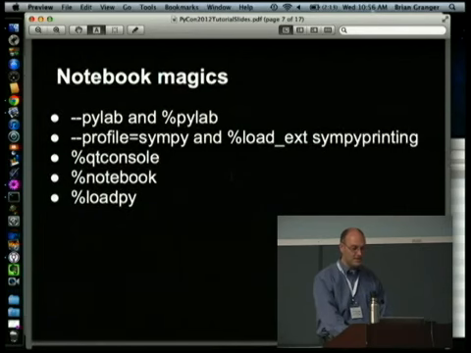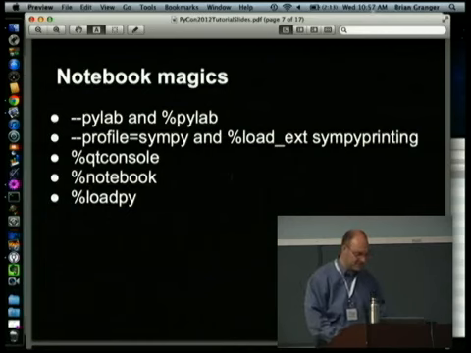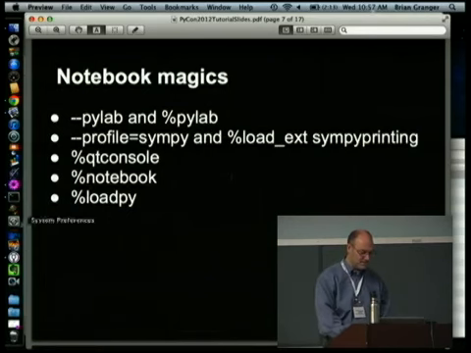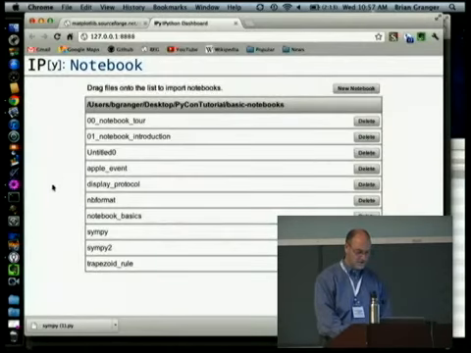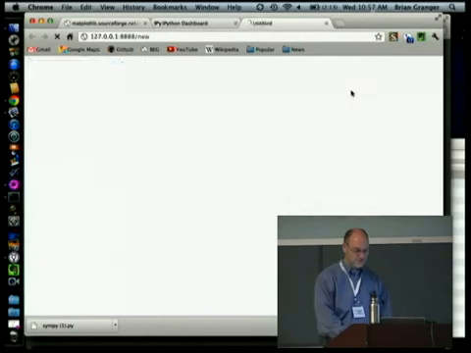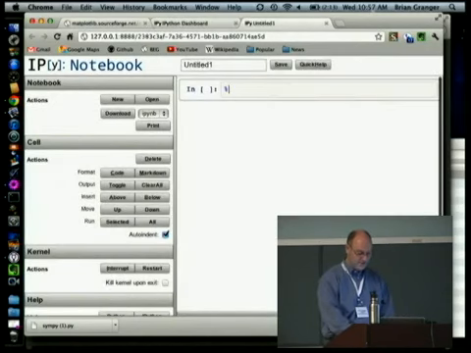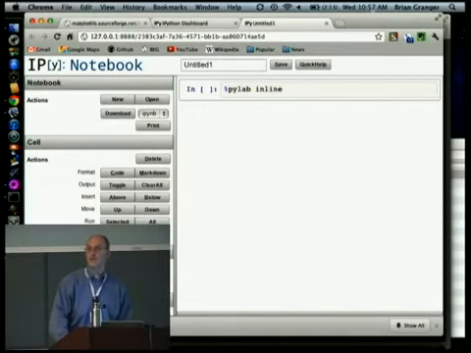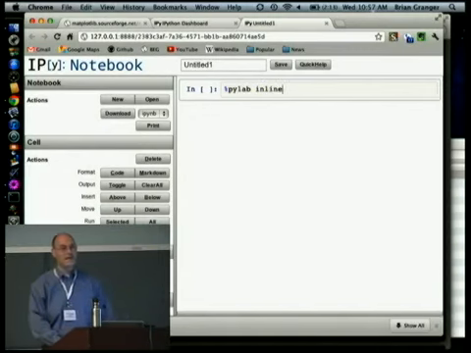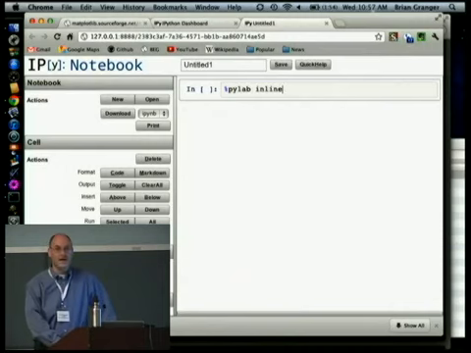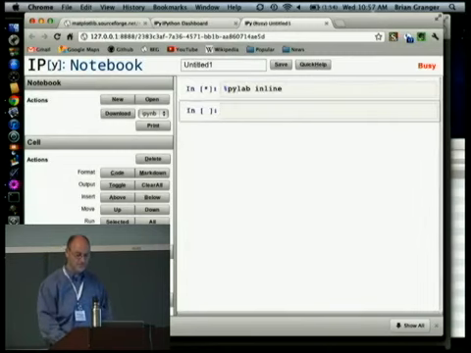So there's some notebook-specific magics, and actually not all of these are notebook-specific. And I want to show you these. So let's go back here, and let's just start a new notebook. The first thing that you want to know about is if you want to do interactive plotting in the notebook, you need to run the PyLab magic, and you can specify a matplotlib backend. The backend that you probably want to use most of the time in the notebook is the inline backend. So if we run this,